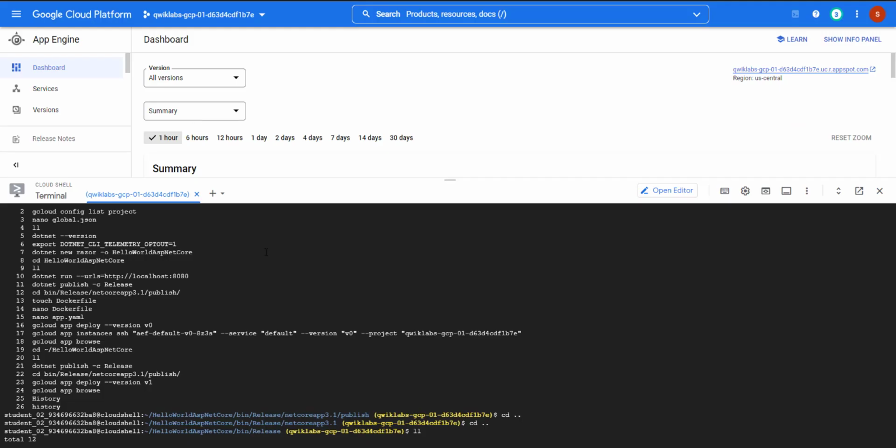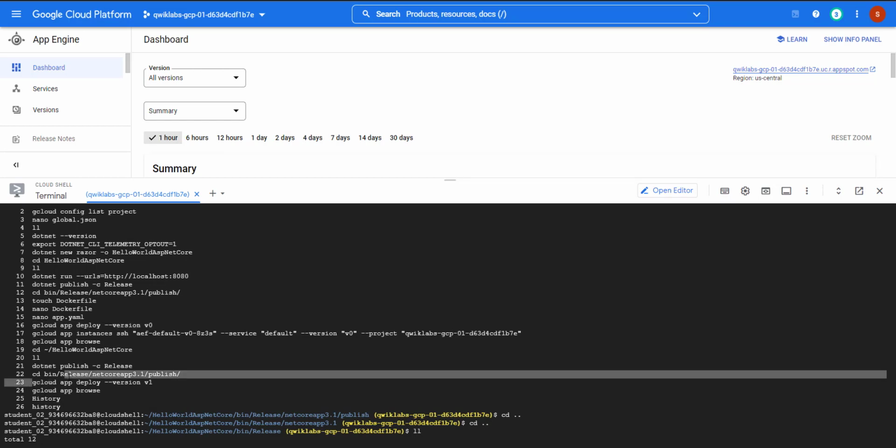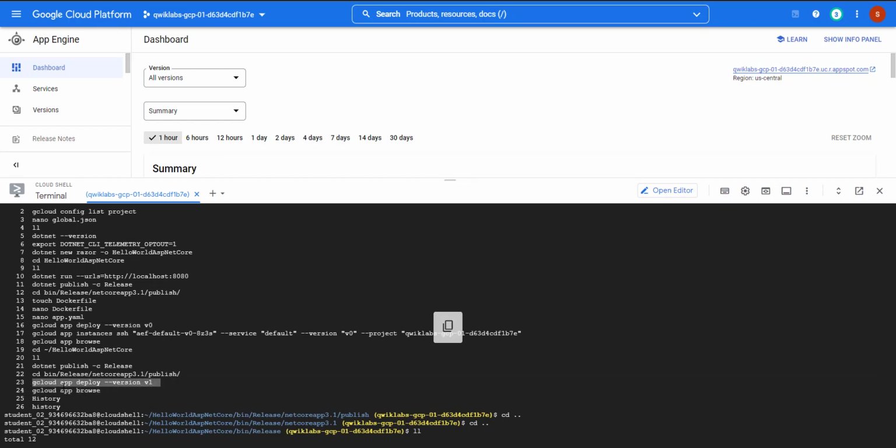But how to deploy, that I'm telling you, so that you can keep in mind after changes what are the steps that need to be taken. So here gcloud app deploy was the first deployment, and the second deployment would be this command. gcloud app deploy --version v1. When we run this command, the second updated version will be created.